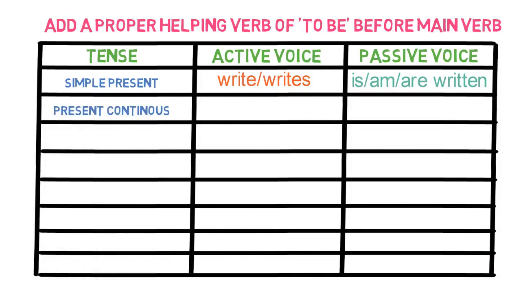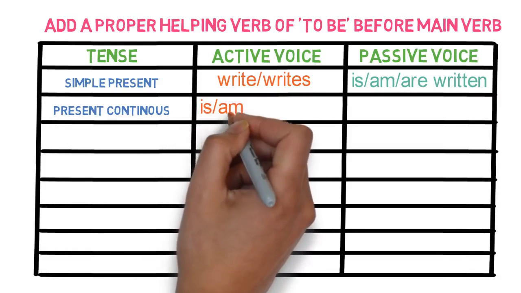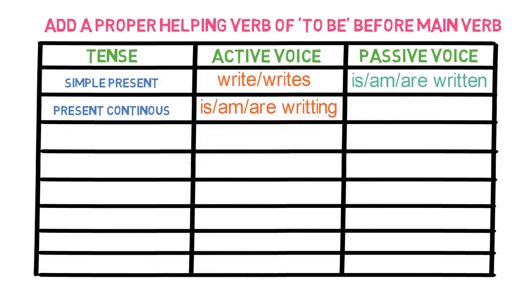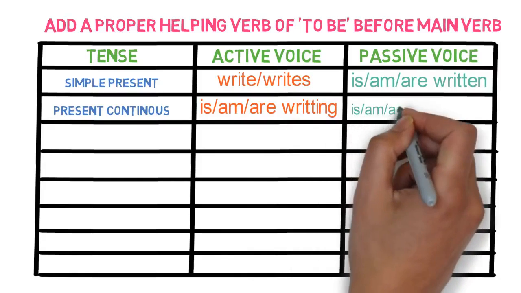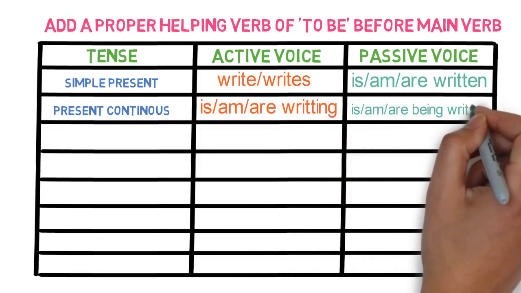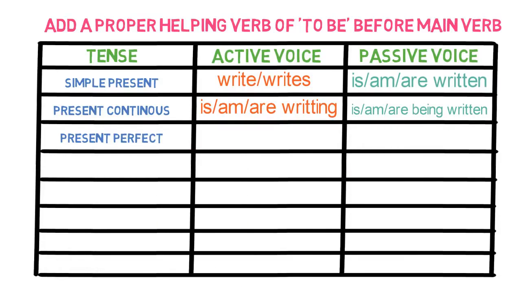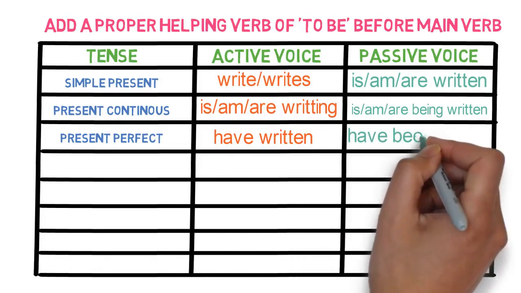For present continuous, in active voice we have is or am or are depending on subject is singular or plural and writing. While in passive voice we add being helping verb with is, am or are, and written as a verb. Present perfect tense, in active voice we use have written, while in passive voice we add been helping verb after